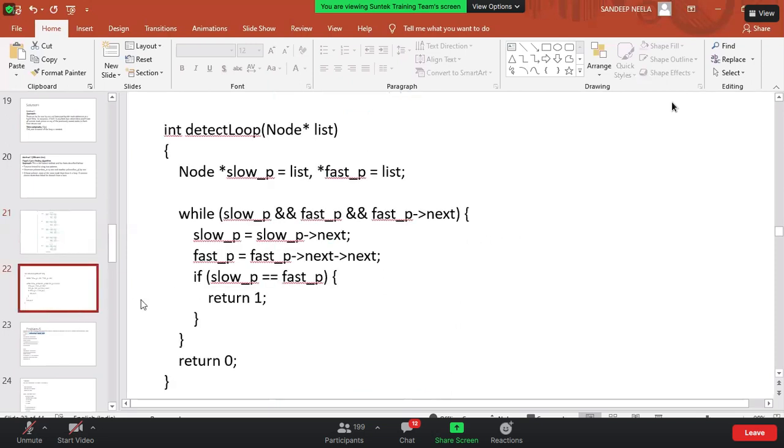Is it clear? Here we are just moving two pointers at different speeds and checking it. But we have one more approach also. It is in the C language, but if you use Java or Python, you can use the hash code concept. Is it clear for everyone?